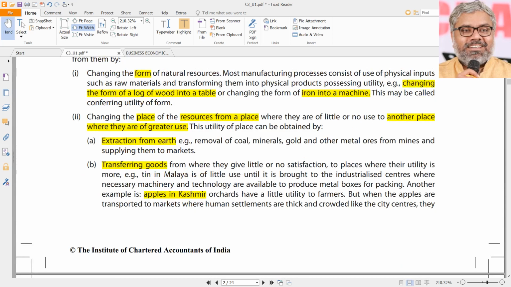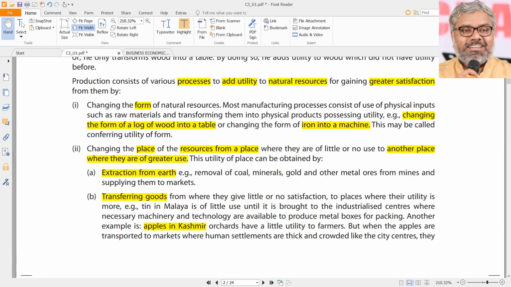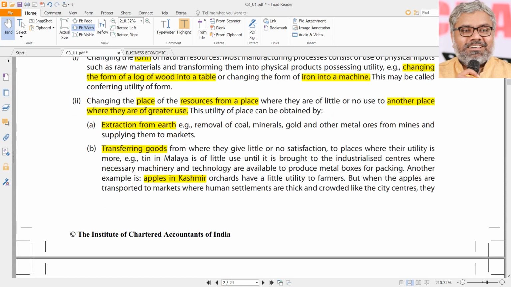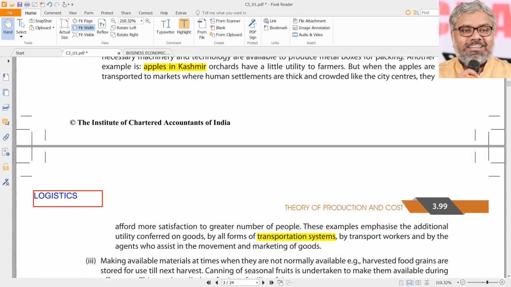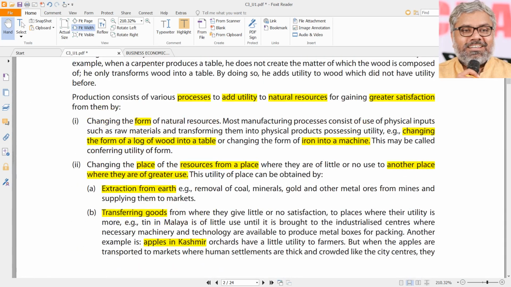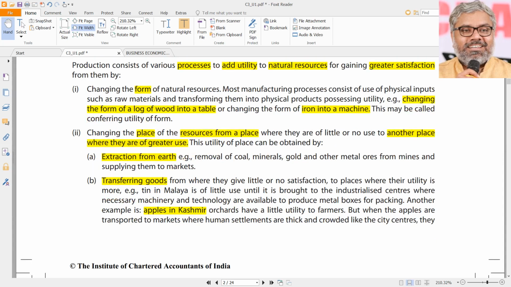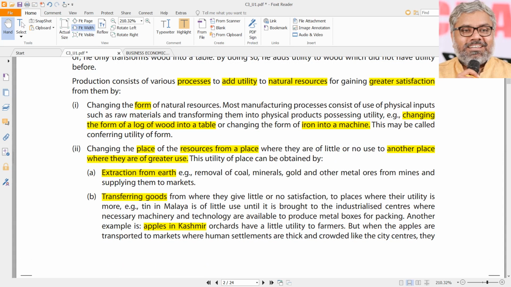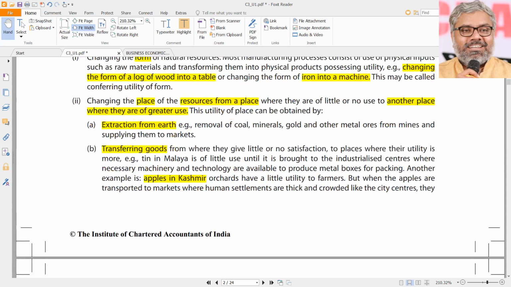That's a huge area. Actual manufacturing is one process. That is also a huge area, but that is an engineering area. Logistics is also a huge area, taking goods from one place to another place, but all of them are practically engineering things. Really, who does that is not us. Some technical people will do that. But what we are trying to understand is that the production process creates utility. It adds some utility by transforming the natural resources into some goods or services.